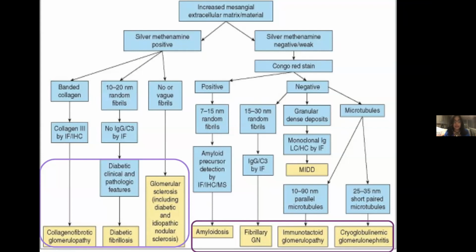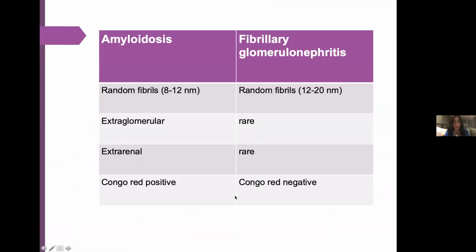Point is, as you can see, all what you have as distinct factors, if you're just working on electron microscopy, is the size of the nanometers, stressing on the point that you do not diagnose by EM. It has all to be added together, the light, the immunohistochemistry, and the electron microscopy, even in diseases which are labeled to be diagnosed as EM. Otherwise, you're going to be lost in the sizes of the fibrils and how you differentiate between them.